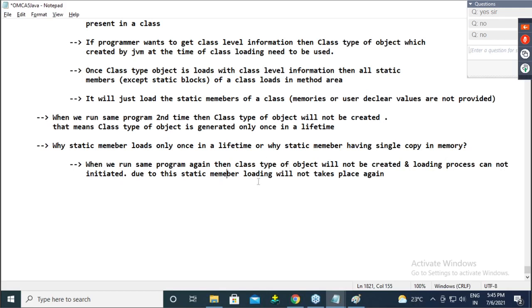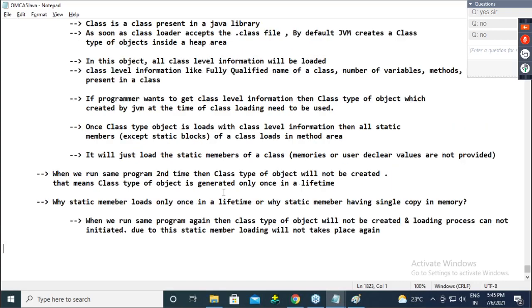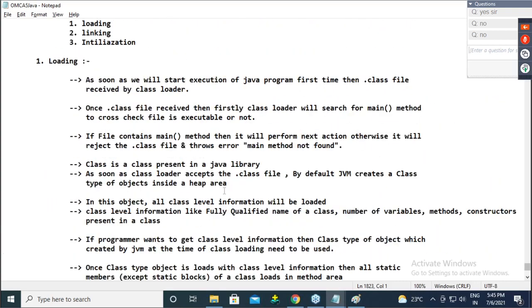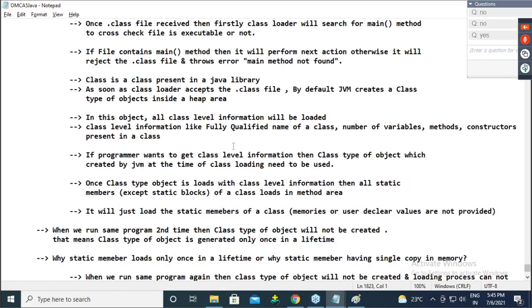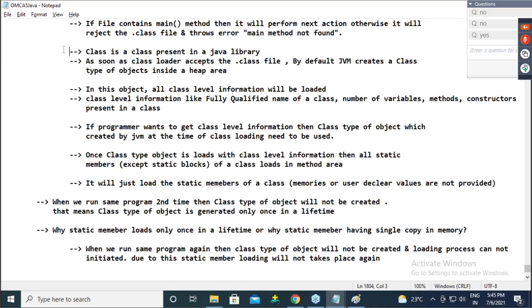Due to this, static member loading takes place only once. Is everyone clear on this postmortem? So, guys, start writing from here.